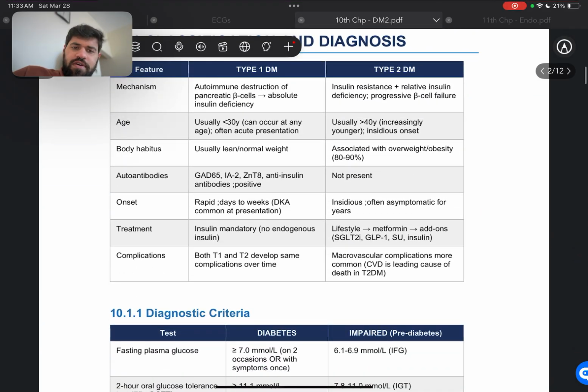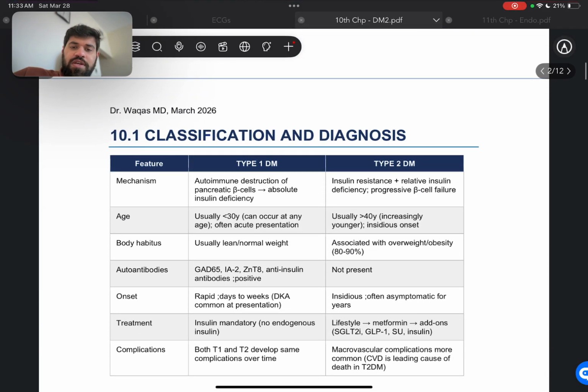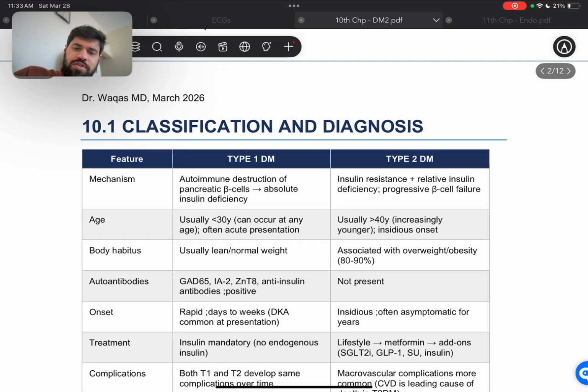So to start off, we'll be going over the two different types of diabetes, and I think at this point, if you are graduating, you should be thorough with these as well. But just to have a brief review, type 1 diabetes is an autoimmune destruction of the pancreatic beta cells, and there's absolute insulin deficiency, whereas type 2 diabetes mellitus is insulin resistance, and there's relative insulin deficiency, and there's